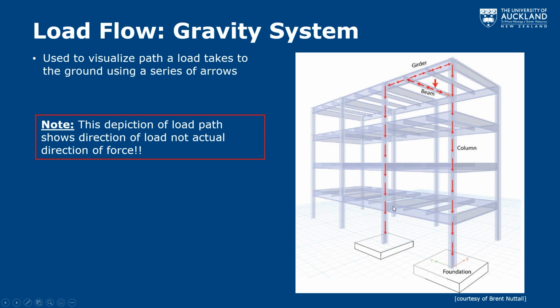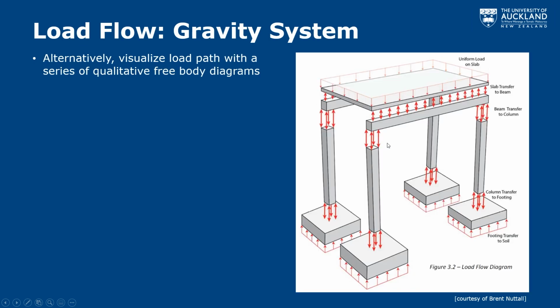But if having arrows as the direction is confusing for you, another way you can think about it is doing a qualitative free body diagram. So, putting no numbers to this, but breaking out each piece of the structure, thinking, all right, if we've got some slab here, it's going to be pressing down, and so it's going to have a reaction along the ends, because it's a reaction over the entire distance of the beam. Well, that's going to turn into some distributed load on the beam, and obviously there's a reaction at the end of each beam, which becomes a compression in the column,